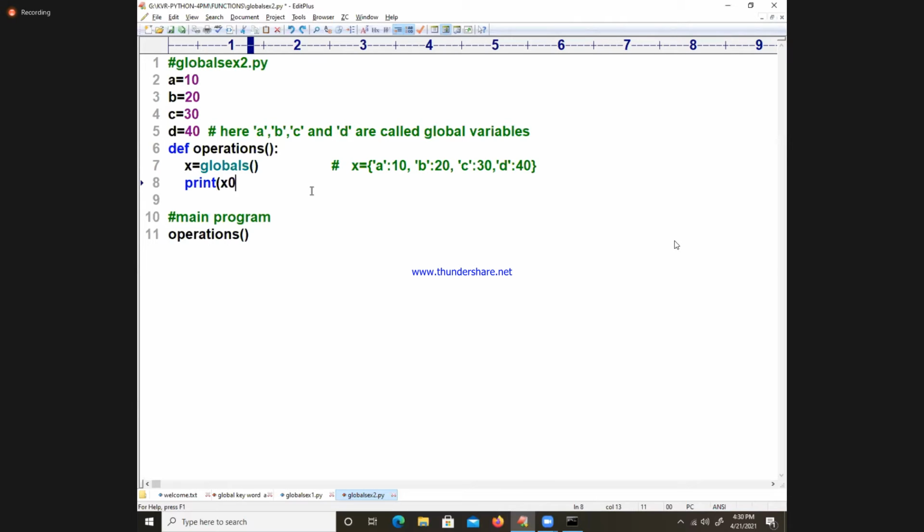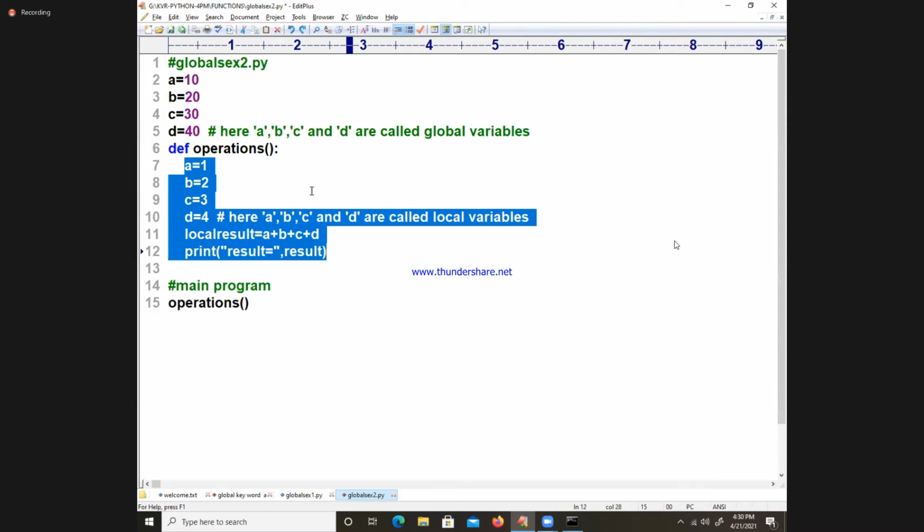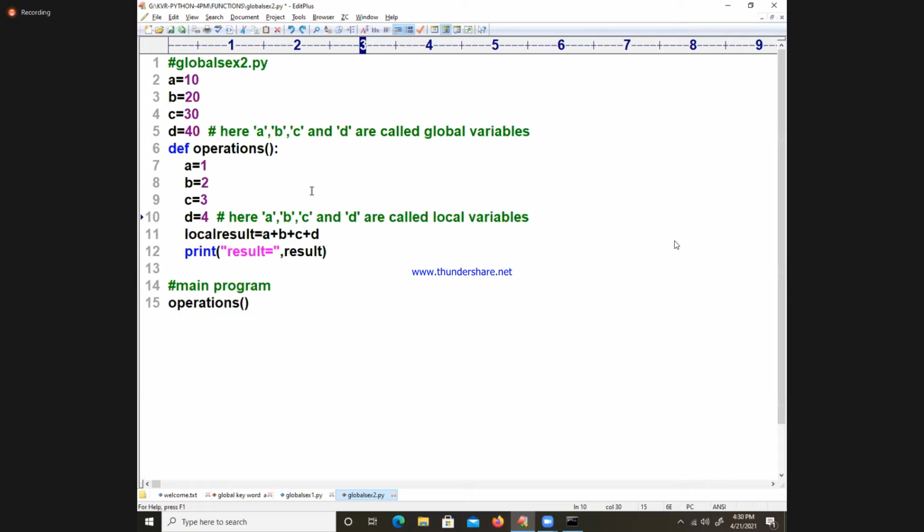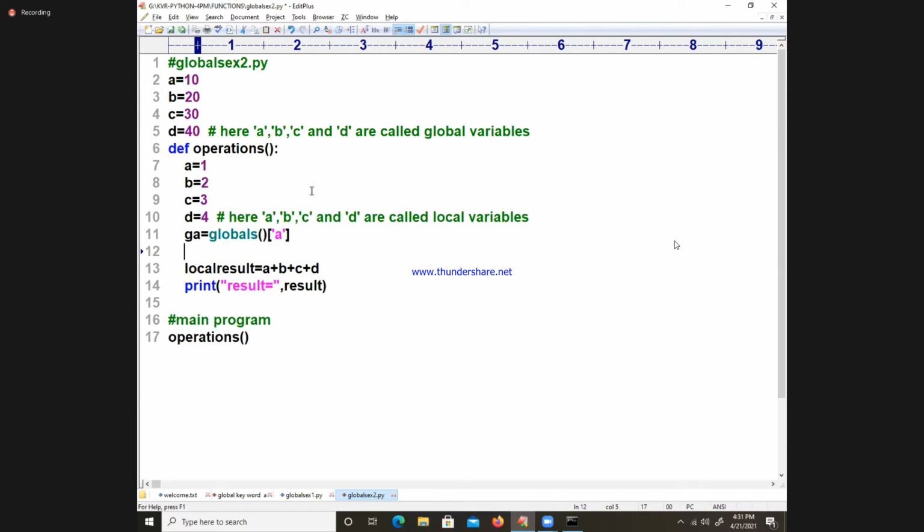So if I go back to my result once again, this one plus I want to take up a, b, c, d. Now I am writing ga is equal to globals of a. First syntax. Now next I will take one more thing, b: gb, global variable b. Next I am taking c: global variable c, gc.